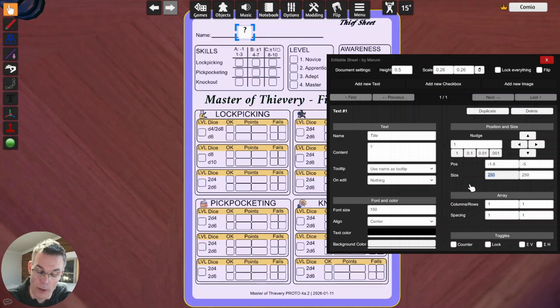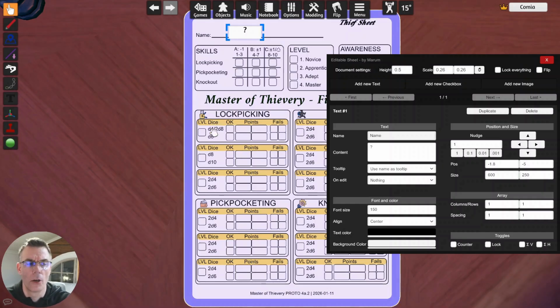I need to evaluate the size here, so let's see. Let's make it a bit bigger. Okay. Let's try this one. Okay. You can see how it affects. Actually, I want to make this one bigger. Let's say something like 600, like so. And we can call it name. We can say that tooltip is the name of the field, and so on.